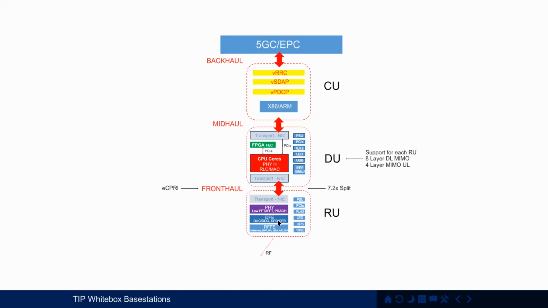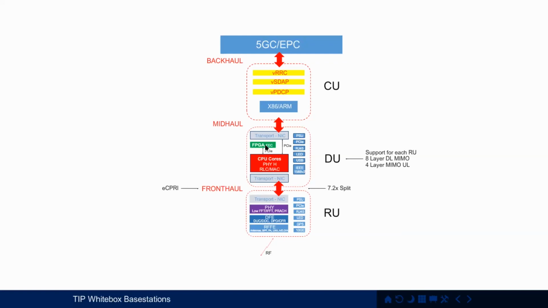We've got a digital front end performing digital processing and a radio frequency front end, which includes bandpass filters, low noise amplifiers, power amplifiers, and such like. And then there's a collection of other peripherals shown on the right-hand side, such as the power supplies, LED indicators, a GPS receiver for TDD operation perhaps. And to provide the fronthaul connection back to the DU, we need some kind of a transport network interface card.